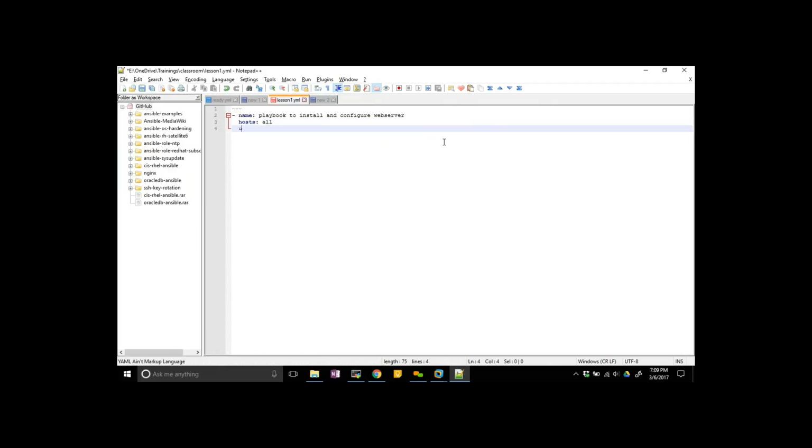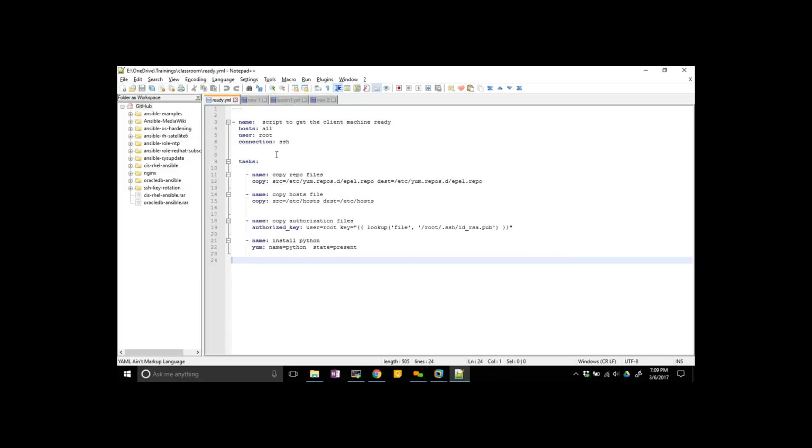Which user do you want to run as? The user is root. This is the default section to be used here, and the other one is you have to add tasks. This is one of the same scripts which I wrote here.